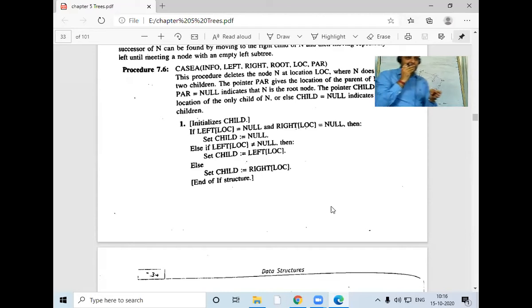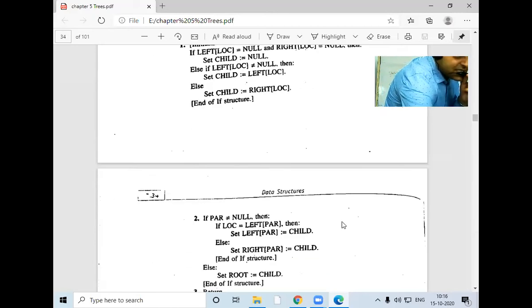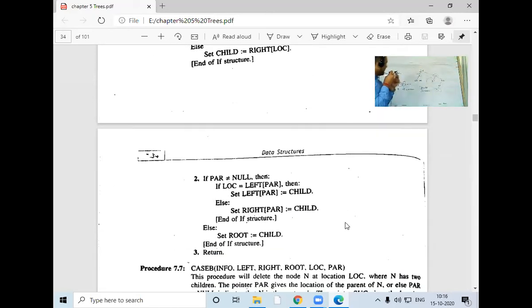Look, it is written on the screen: child is null. What is the value of child? Of course, null. Now if you delete 8, 10's child will be null. Yes, sir, child value is null. Is it clear? Now take this value, child null, to the second step. Is parent null? See on the screen. Is parent null? No, sir.